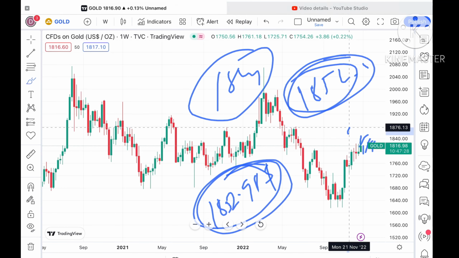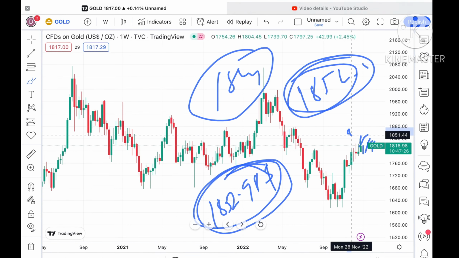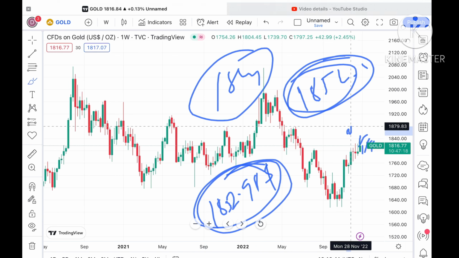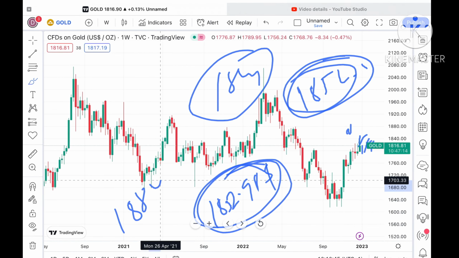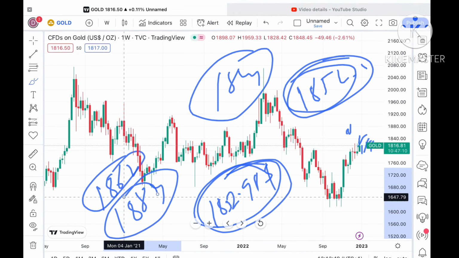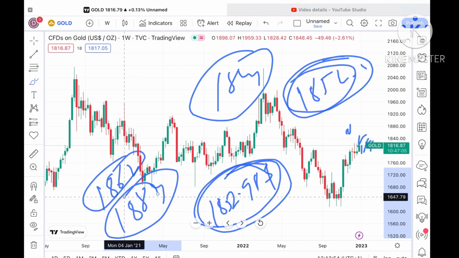Once it sustains that level, then we can see it go further upside, and from there it can touch a level of around 1862. And once the price sustains above that level, it can go towards a level of around 1884. After 1862 we can see a level of 1884, and from there it can go further upside. Suppose the price doesn't sustain that particular level,